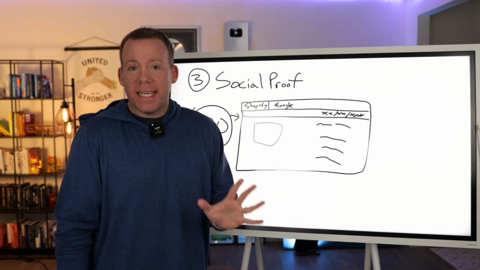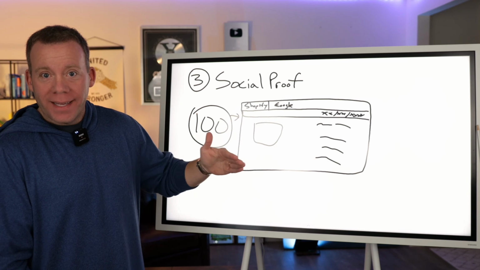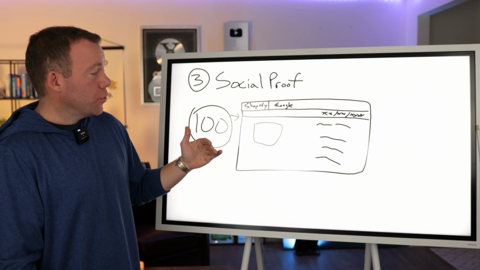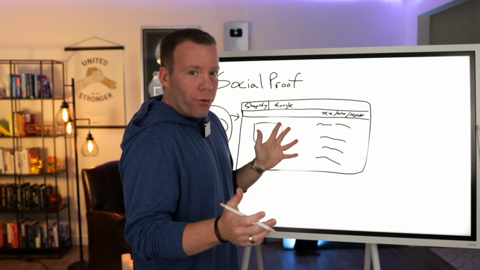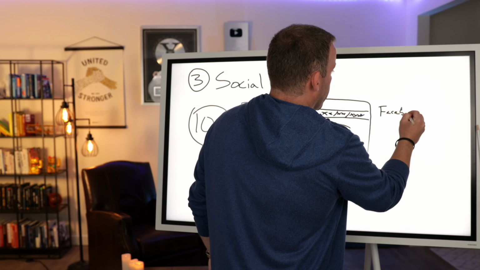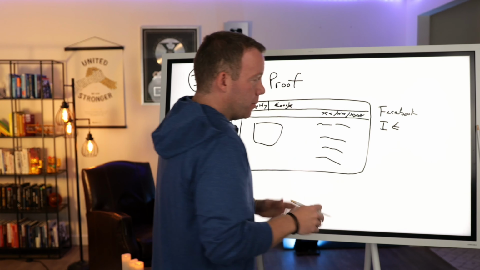Now, the easiest thing you could do in the beginning to have something people could find to help increase that trust factor, which in turn increases your conversion rate, is build out social media pages. And you don't have to go crazy with this. You could be very simple in the beginning. You could build a Facebook page. You could build an Instagram account. You don't need 100 social accounts. You could build those 2, right?